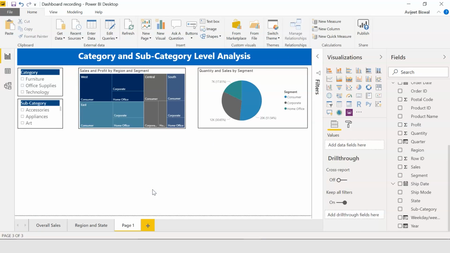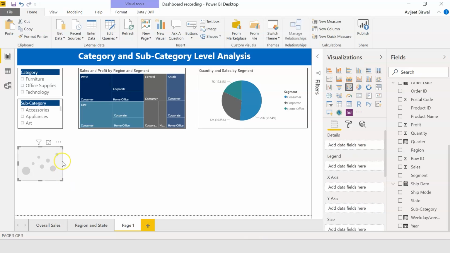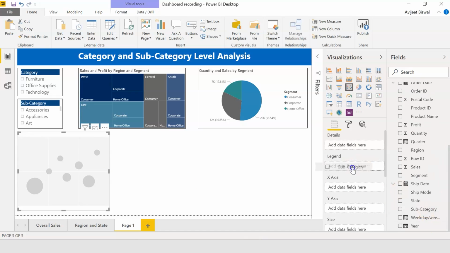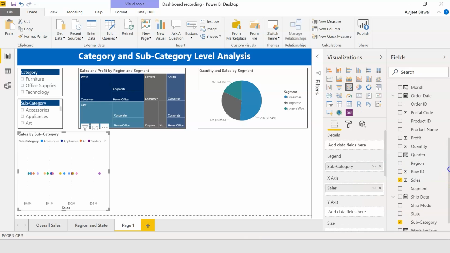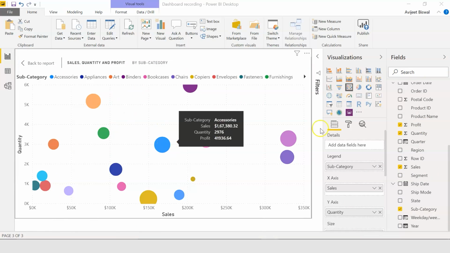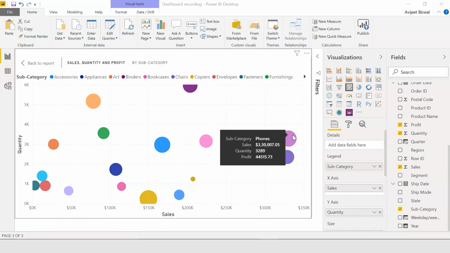Now let's build a scatter plot to analyze the sales, quantity and profit by each subcategory. So under visualizations, I'll select scatter plot. I'll resize this. So I'll add subcategory onto legend. Then I'll add sales onto the x-axis, quantity sold onto the y-axis, and under size we'll take the profit column. If I expand this, you can see the sales, quantity and the profit that was made for